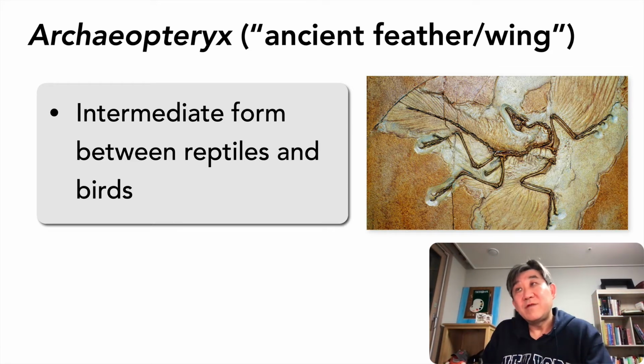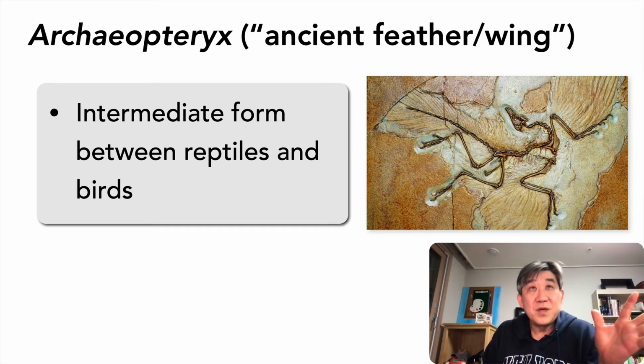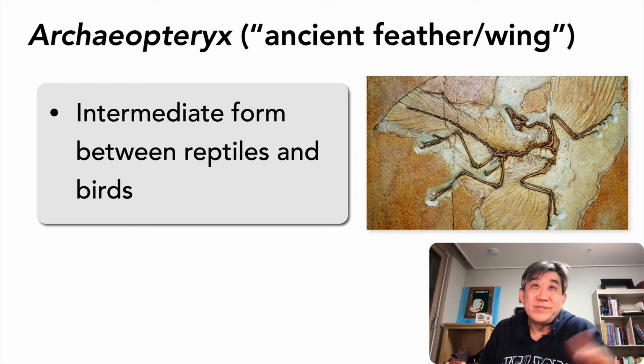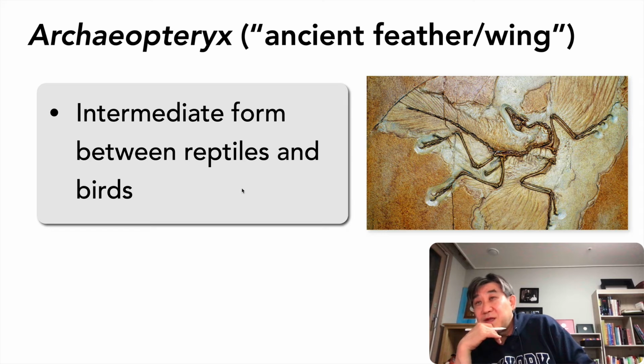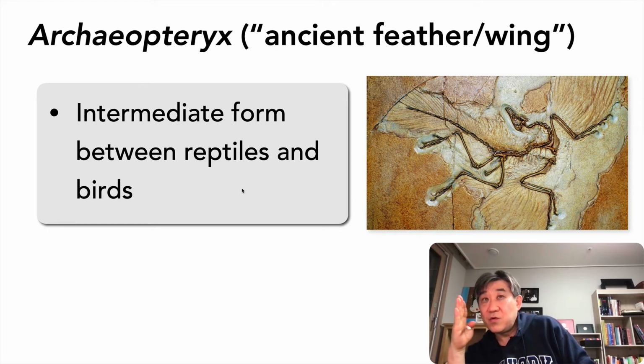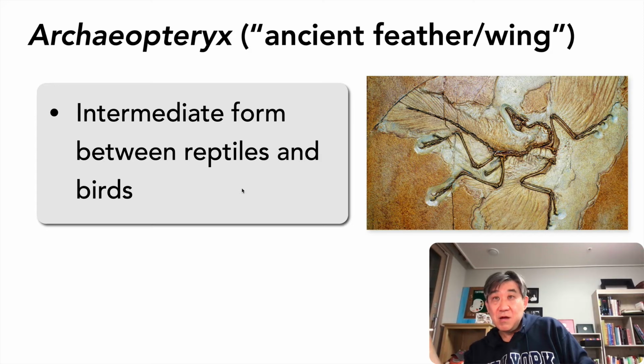One such valuable fossil record is Archaeopteryx. In the specific Latin pronunciation it is Archaeopteryx, but with English influence people usually pronounce it differently. It means simply ancient feather or wings. And for a long time it has been recognized as an intermediate form between reptiles and birds, identified as an ancestral form of the bird